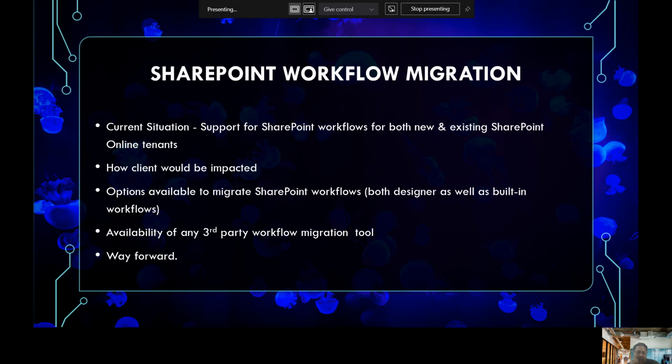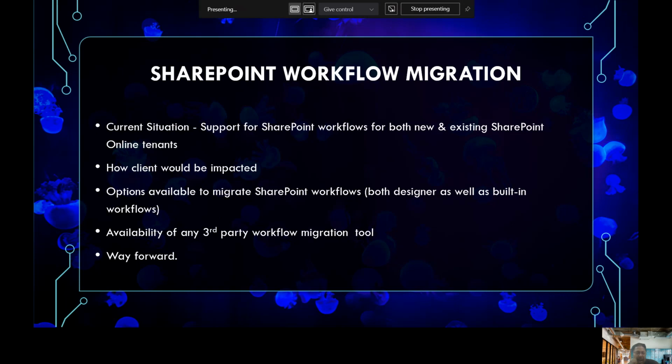Therefore, we are currently left with only one option, which is recreation of all those workflows manually in Power Automate, which is extremely challenging and also involves a lot of cost. Now, the final question that comes to our mind: then what is the way forward? Don't we have any options available?